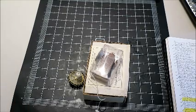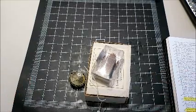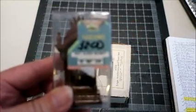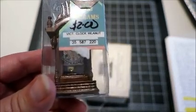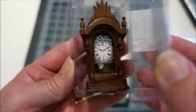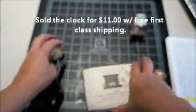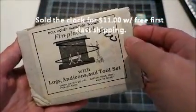But they did have a big box full of dollhouse stuff, and I know sometimes dollhouse stuff can sell really well, so I just ended up taking a chance. I don't really know what's going to happen with this stuff, but we'll see. I don't think I'm going to make any tremendous profit off of it, but you don't know till you try. This is a little walnut Victorian clock. I paid $2 for that. And then this is a miniature wooden fireplace set for $4,